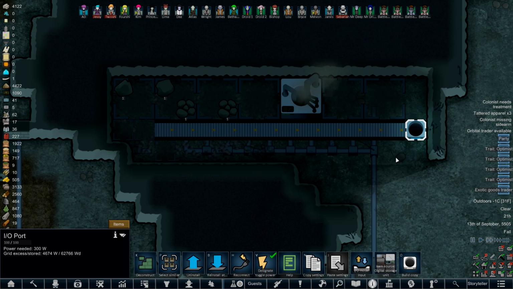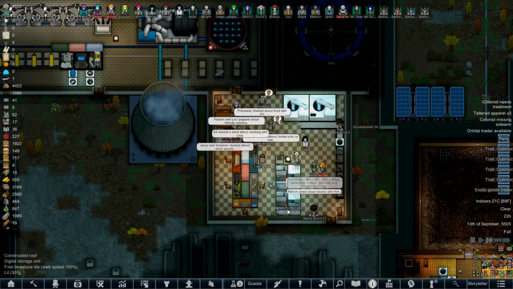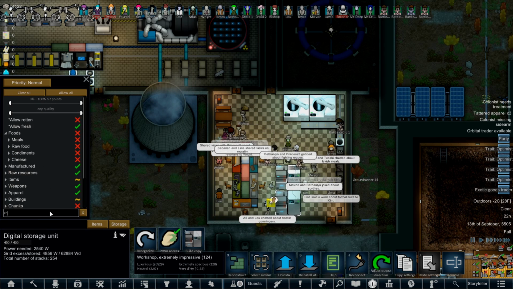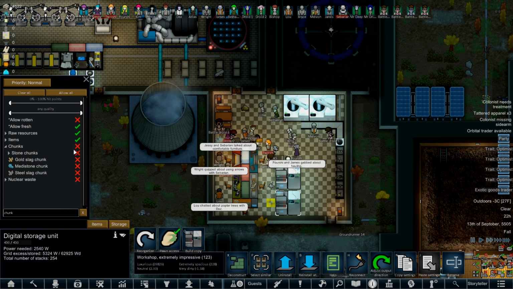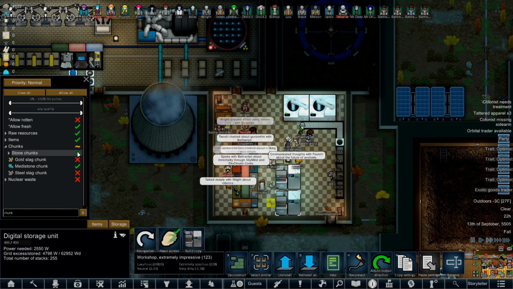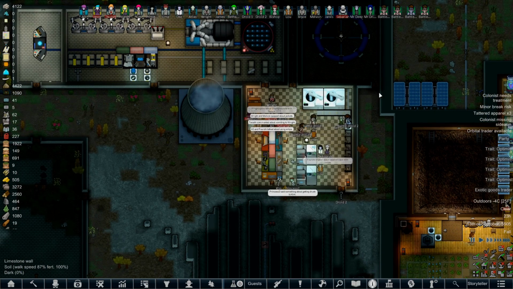Now, that's a bit of a problem. That's a bit of a problem. Does that mean that sandstone chunks are not allowed in my standard digital storage unit? Let's have a little looky-loo here, because... Aha, yes. That is a bit of a problem. Okay, so let's mark this up so that it can take stone chunks. And you know what? Let's just say all stone chunks. That's fine. And then we'll have to tune out which items we...